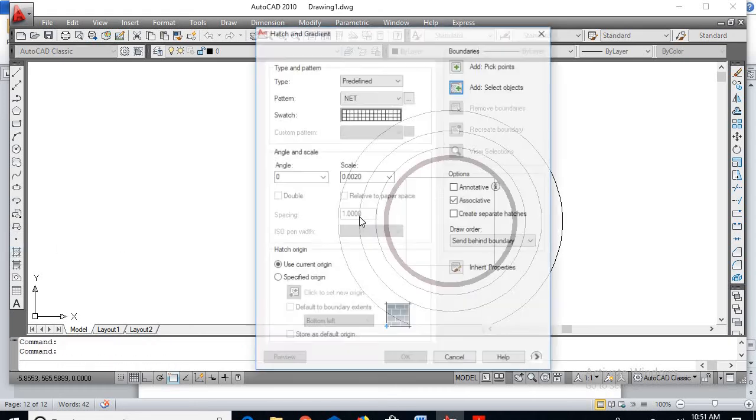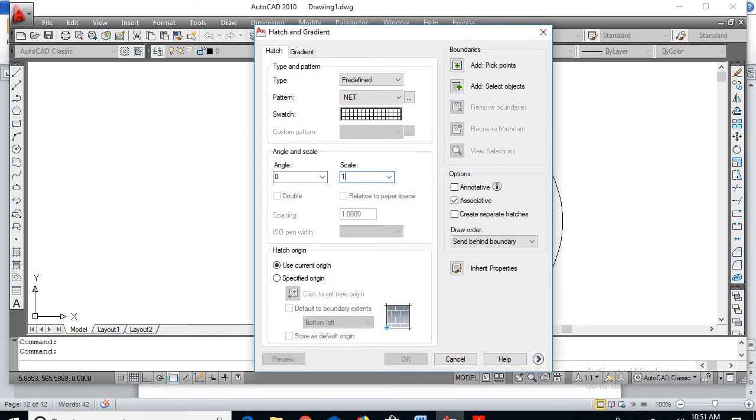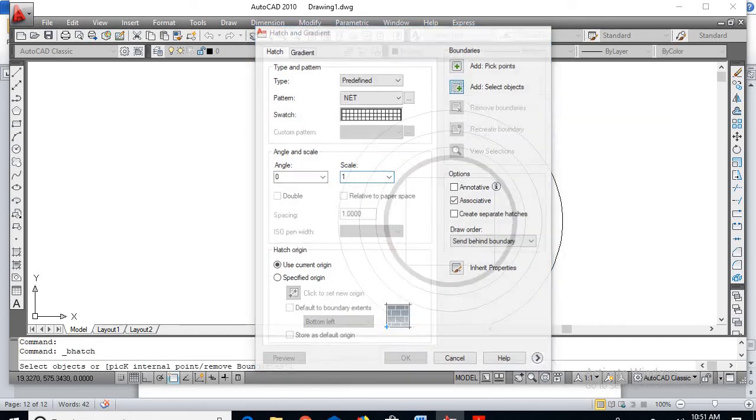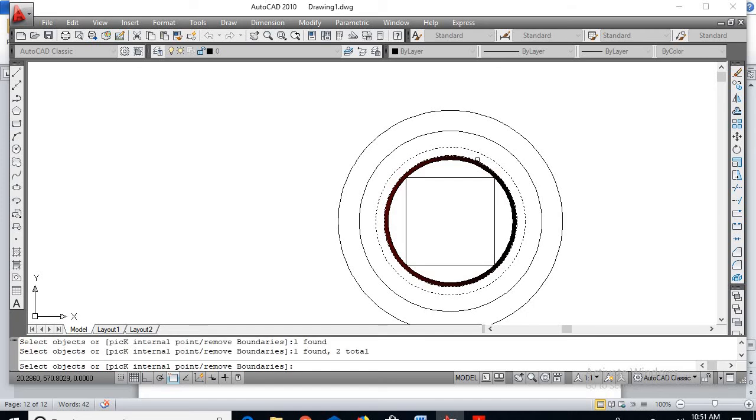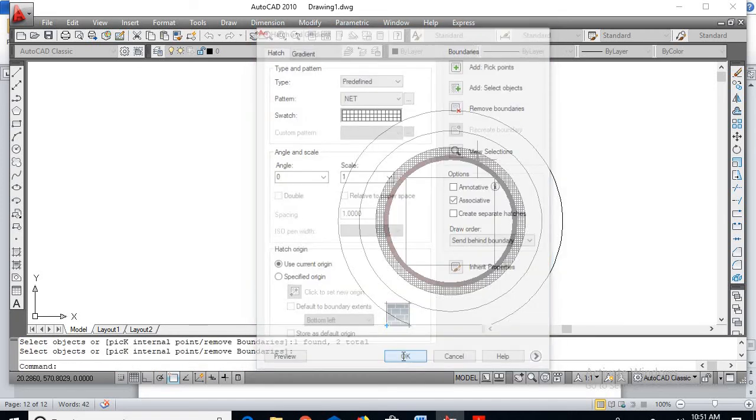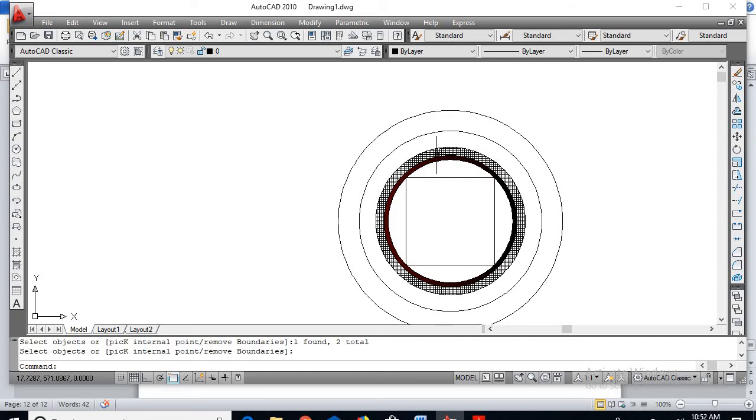So go for hatch command. I'll go for 1. Select the object, select these two and say OK. So this is your LV winding. Similarly for HV winding, go for hatch command.